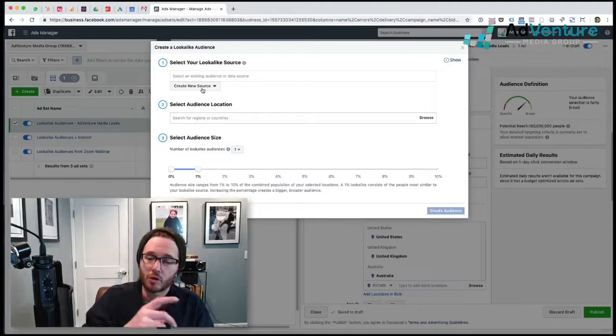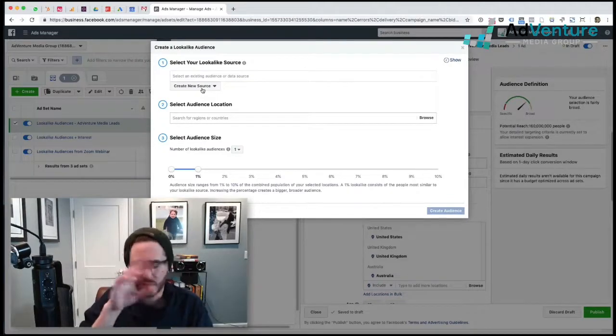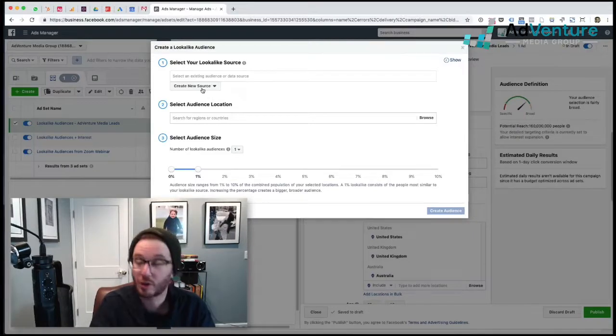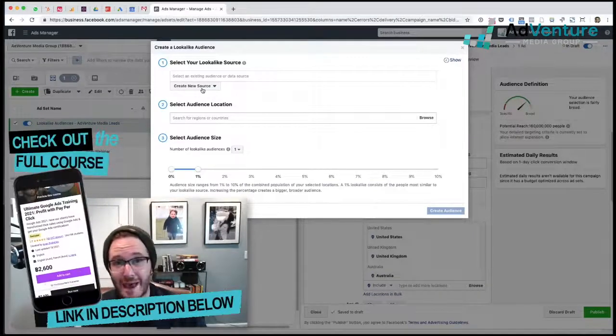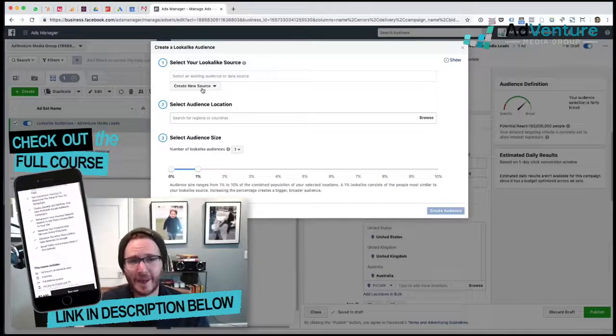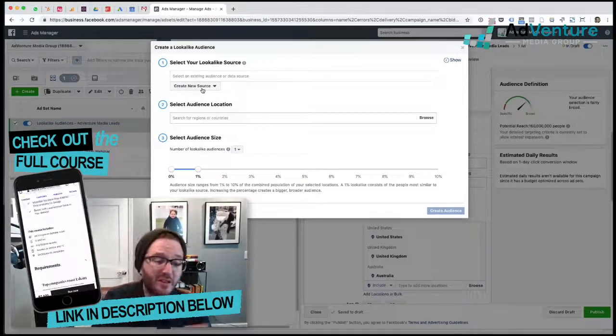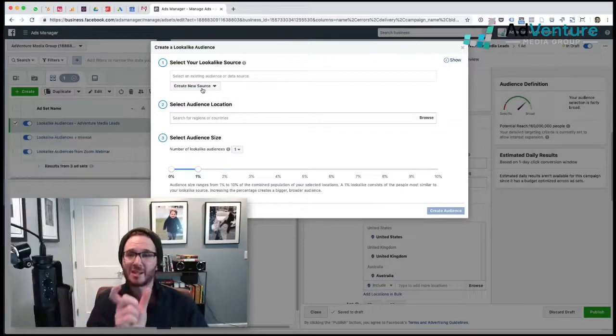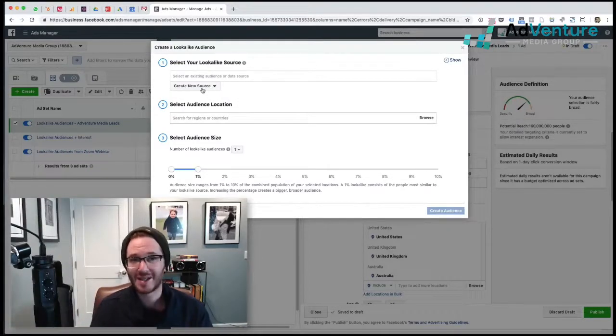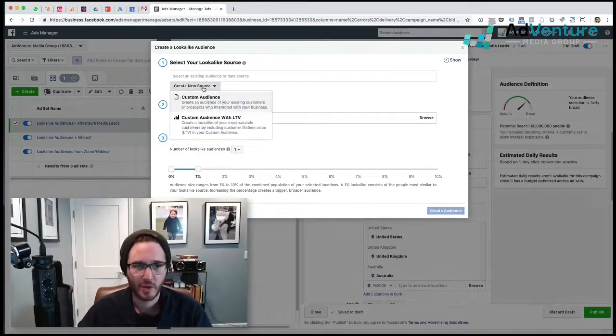Now, Facebook claims that they're going to automatically exclude from your ad targeting anybody on the source audience, but I don't totally trust them. So as a preventative measure, I also add the specific source audience as an exclusion. I do that manually, and I'll show you that in a second. Okay. So let's talk about creating a new source. So we're going to create a new source,